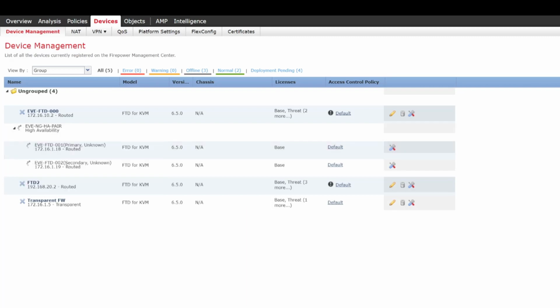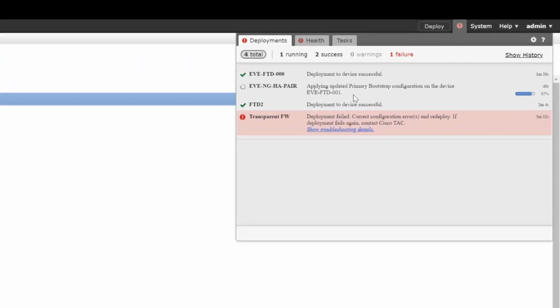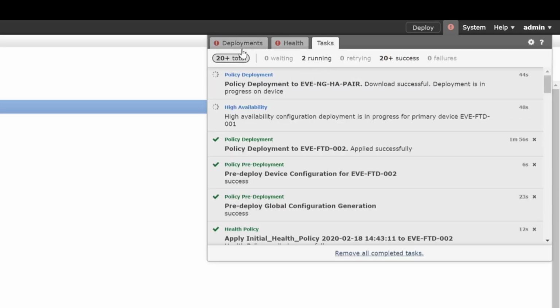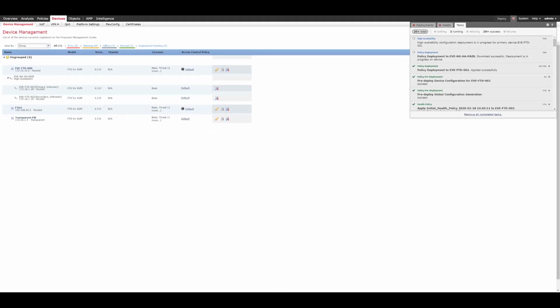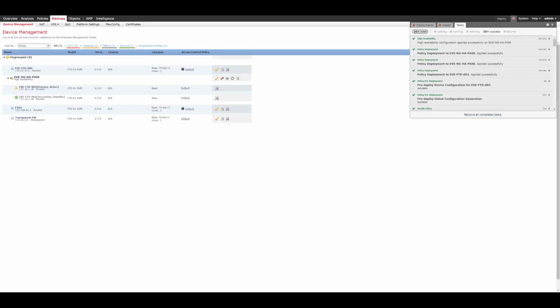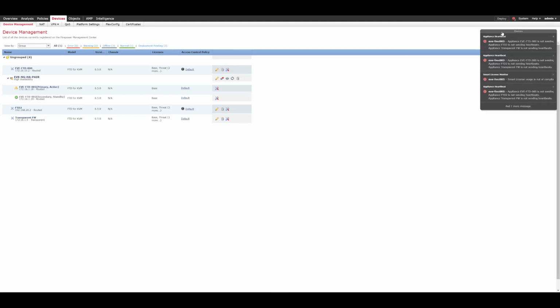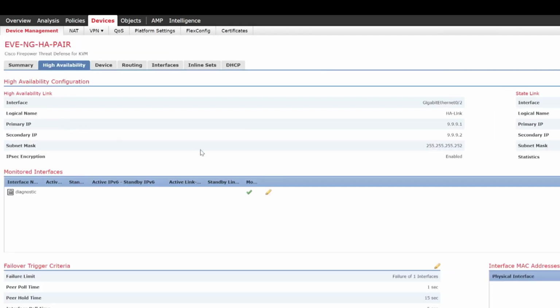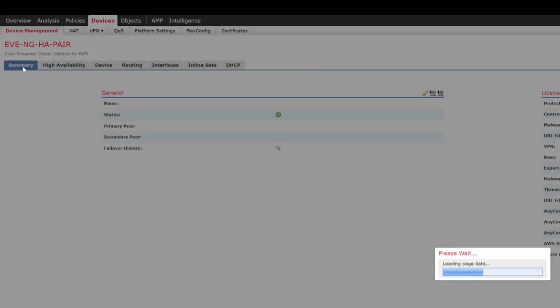So HA is currently being configured, so if we look up here we can see that the FMC is pushing the necessary configuration to these devices. So we'll just wait for that to complete before we proceed. So the HA now has been completed, as we can see in our tasks. So what we'll do now is we'll click on the actual HA pair itself, and then we can go across to summary,